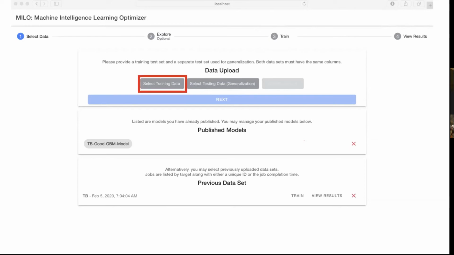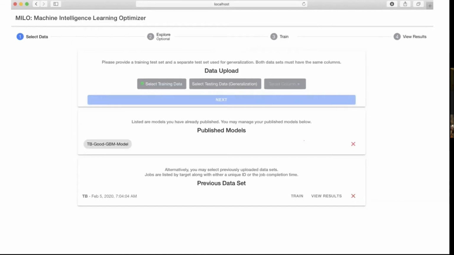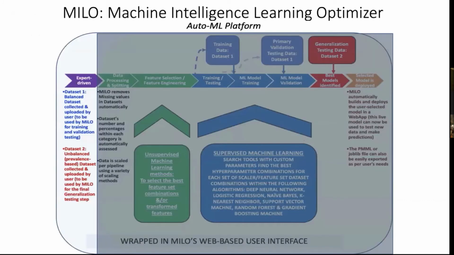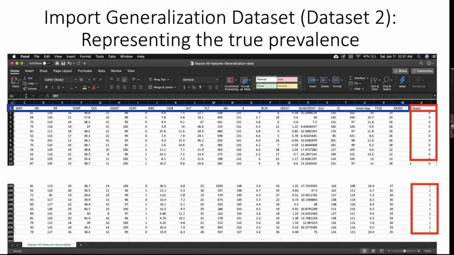So in terms of how it actually works, if you can attach a file into an email, you can attach it into MILO. It's that simple. So you just press the select training data, and then you can just attach the CSV Excel file, and it puts a check mark next to it, says you're good to go. Now you put in the secondary data set, the one that was the prevalence. In this case here, the ones that they collected afterwards are retrospective, and this was the prospective ones. These were patients where about 20% of them had positive cases, and 80% of them were negative for sepsis, but obviously with the same feature sets that were collected.